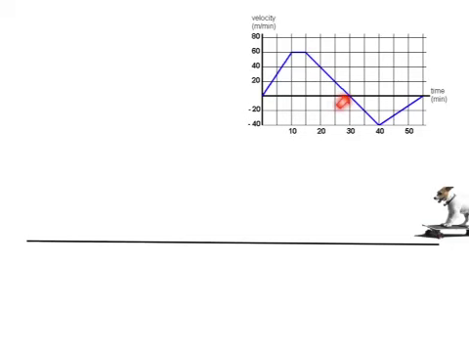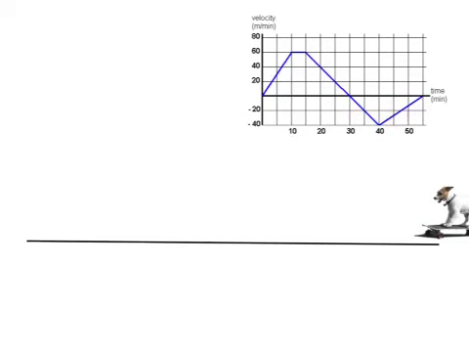Then at the 30-second point, that's where he changes direction. So when our velocity graph crosses the x-axis, it's at that point there that the object changes direction. And in this case then our dog would begin to speed up in the negative direction and then slow down in the negative direction. So all of this takes place in the positive direction. It's never stopped in the positive direction. Here, at this point right there, he changes direction and then increases speed, then decreases speed to a stop in